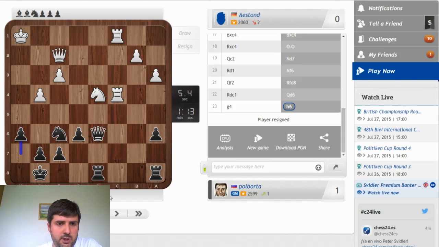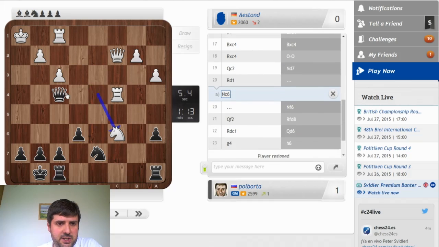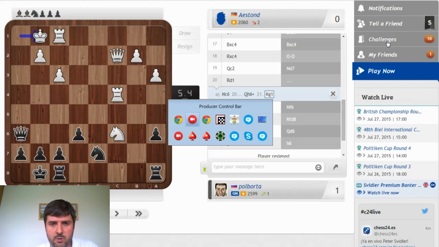If we go back to the position we were discussing, let's say this one, if white goes knight c6 here, queen h6 check, and king g1, both of my rooks have great difficulty getting to any of the open files, because the b8 and the d8 squares are occupied by the knight, and the c8 square will constantly be unavailable because of knight e7 check. So that would have been clearly the way to go here. Anyway,